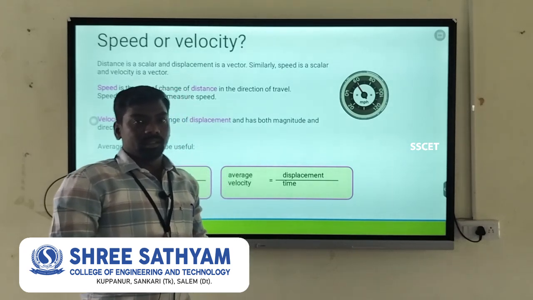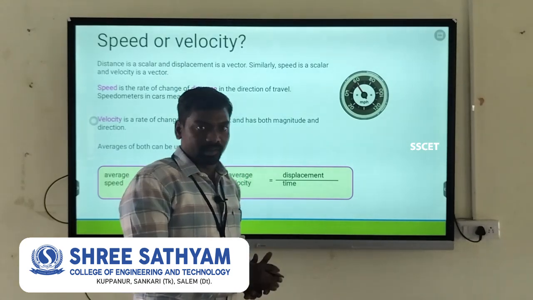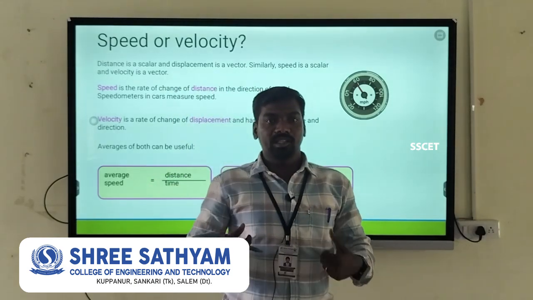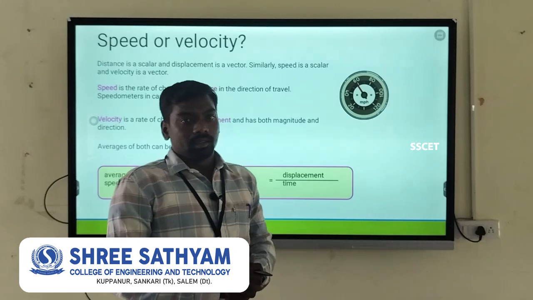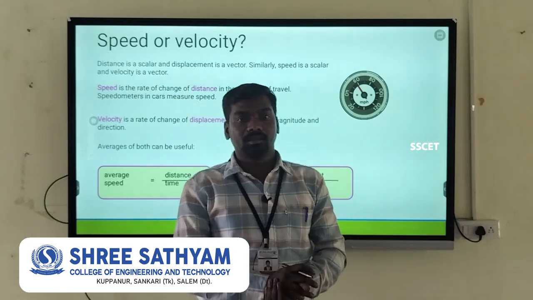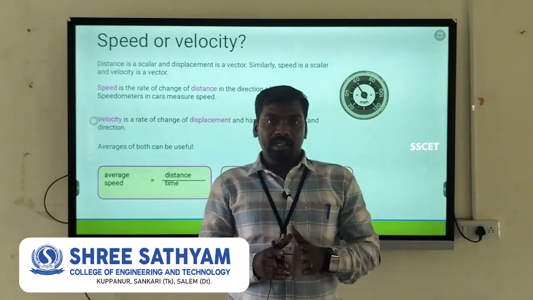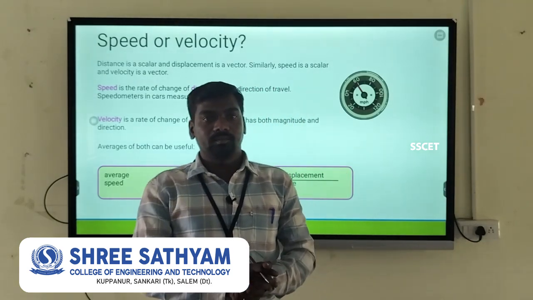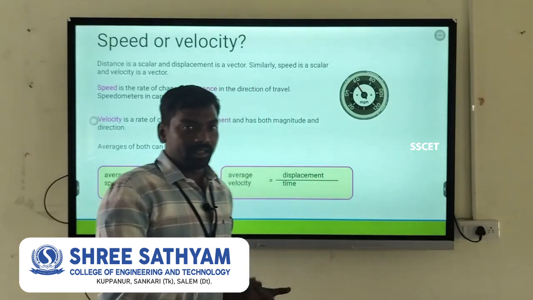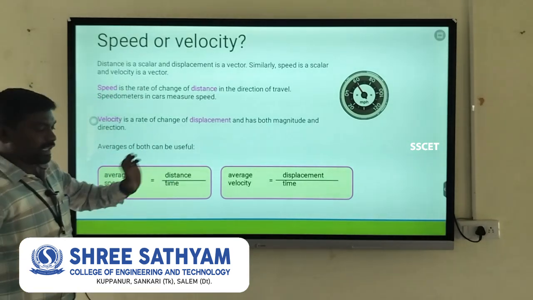How do we measure speed? For example, I am running 400 kilometers. Now I start in this place and gradually increase my speed. How do we measure my speed? How much distance I covered, that is called distance. For example, I covered 1 kilometer in 2 minutes, that is my running speed. Understand? So how do we calculate speed? The ratio between distance and time.